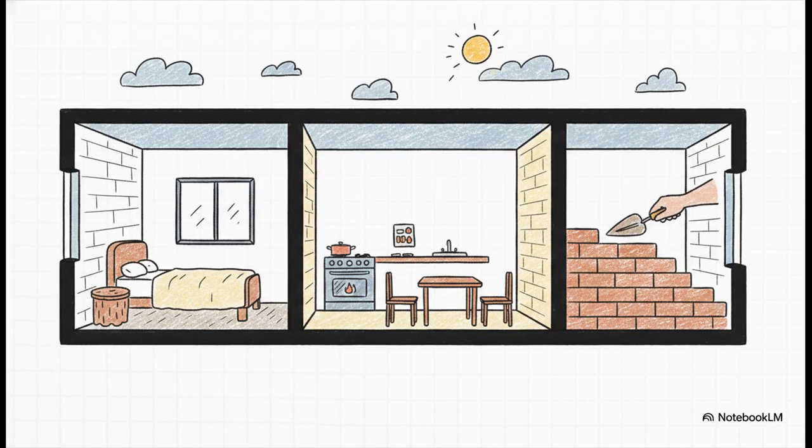Next up, we build the walls. These are our body paragraphs. Each body paragraph acts kind of like a distinct room inside your house. Just like a kitchen has a totally different purpose than a bedroom, each paragraph has to focus on exactly one main point. And to keep those walls from caving in on you, that main point must be supported entirely by solid, factual text evidence. Don't mix your rooms up, keep your points distinct and incredibly well supported.